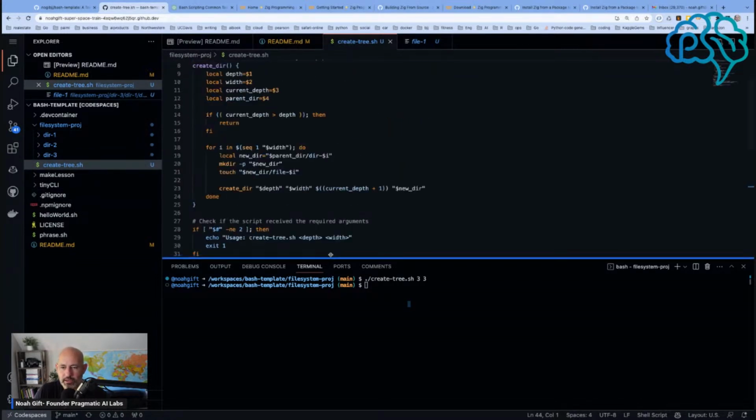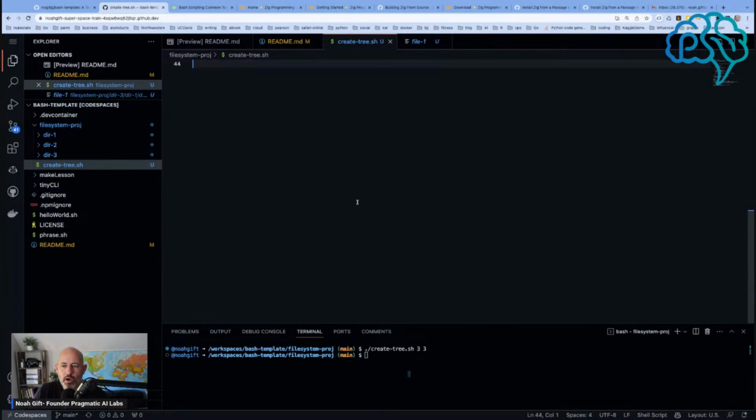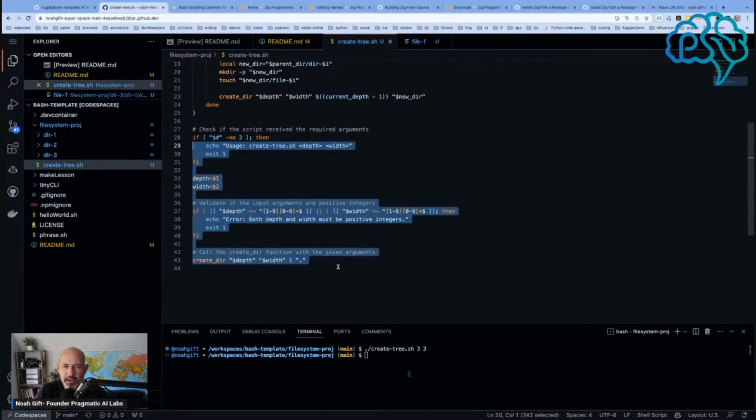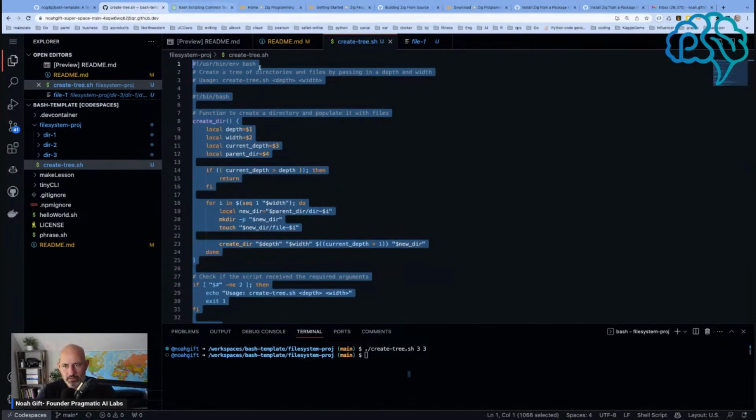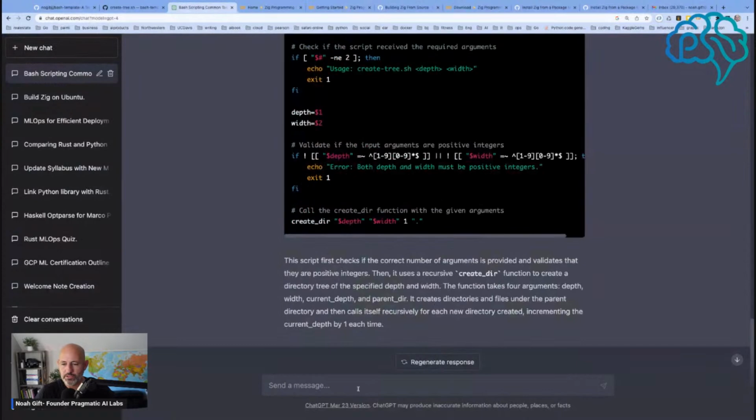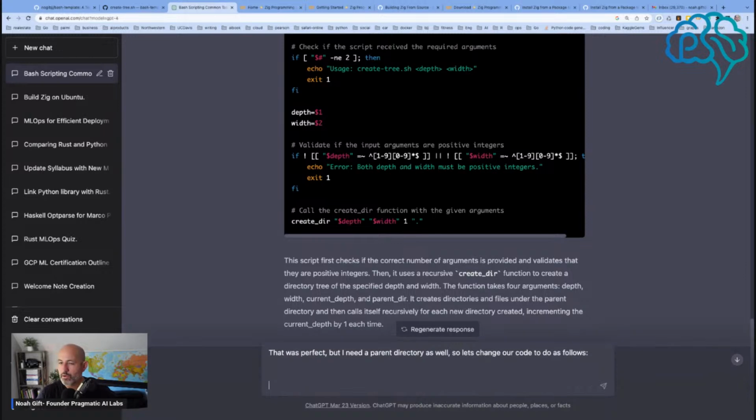not bad. So now if I wanted to tweak this code to accept a parent command, so what we want to do is actually tweak it a little bit. Let's say, oh, that was perfect. But I need a parent directory as well. So let's change our code to do as follows. We'll go here,